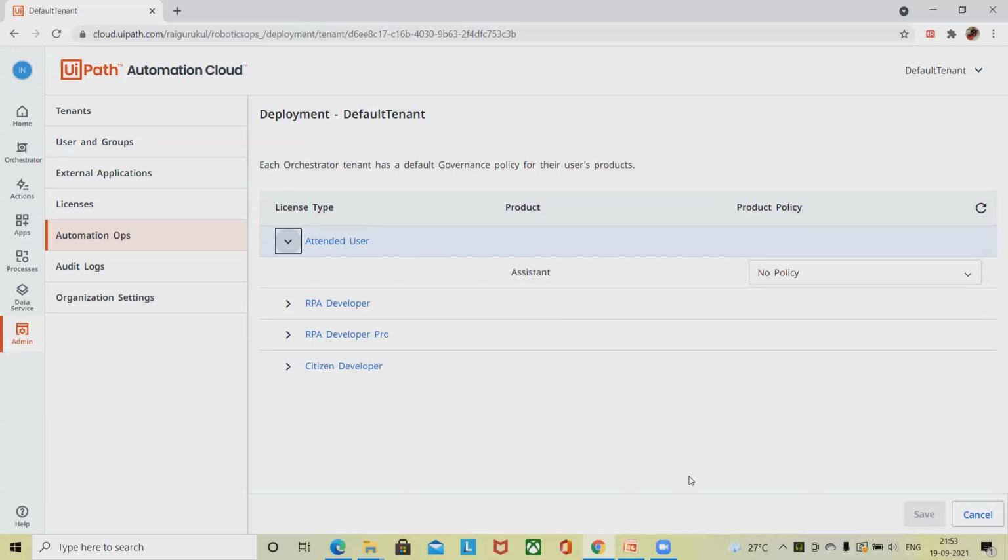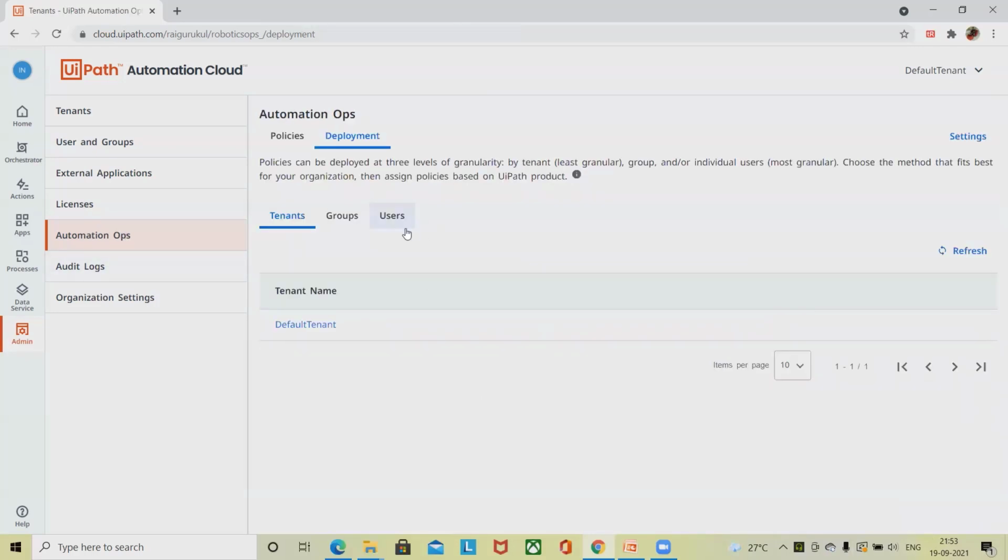When we want to configure it at the group level, we have to go back to the previous options, and from the deployment sections, you can find the group level settings. In group level settings, the groups for which policies have already been deployed are displayed. We can click refresh above the template to refresh this page.